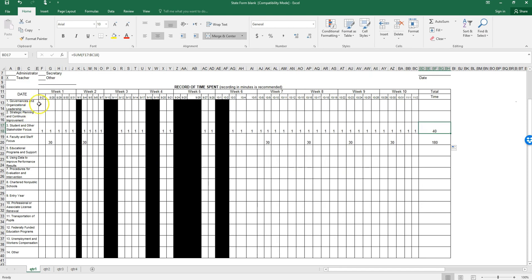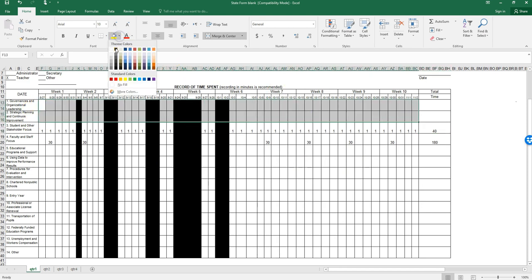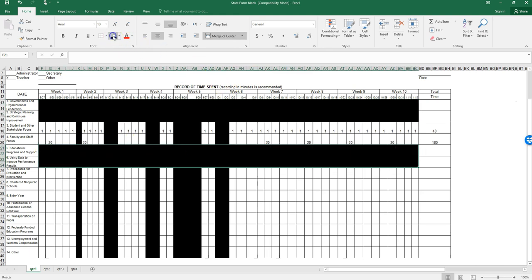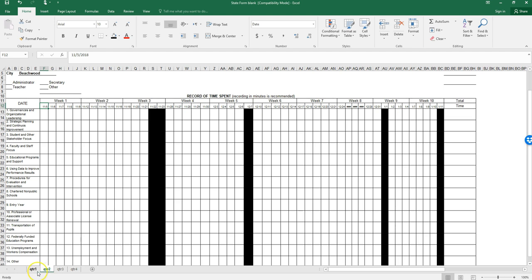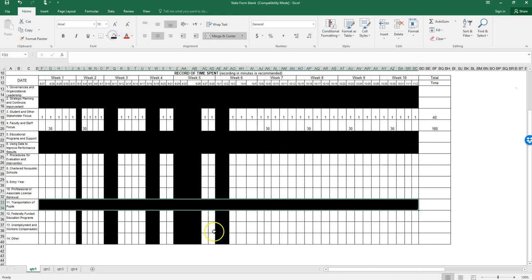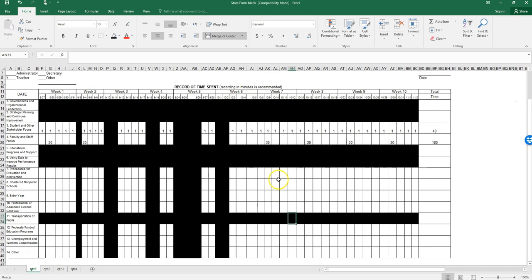One of the other little things that I like to do is, let's say I don't use a certain row, I like to black it out, and then I'll go ahead and do that on every single quarter so that I know which rows I'm filling out. Because there's some things that really don't apply to me. Transportation of pupils, that's not something that I ever do. So I will just black that out, and it just helps me fill it out more and makes it more focused. Obviously, that's totally optional for you to do, but it's just a little something that helps me as I